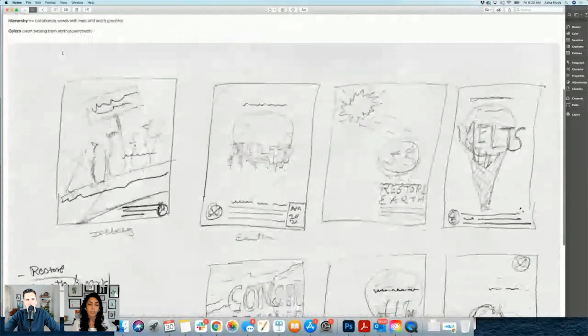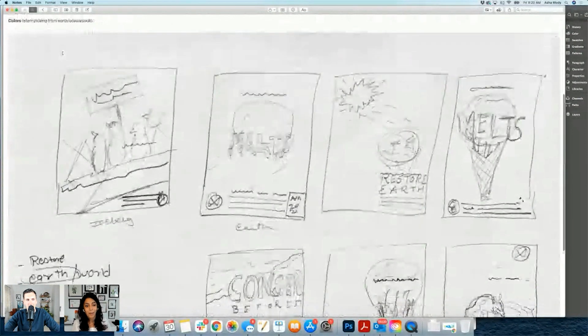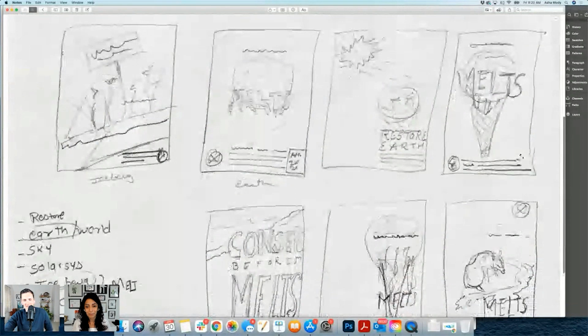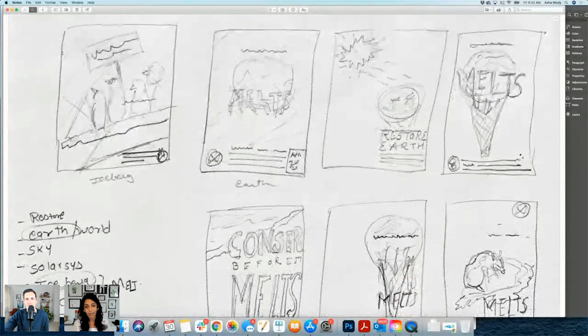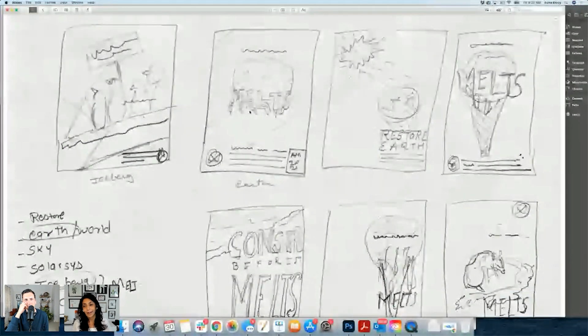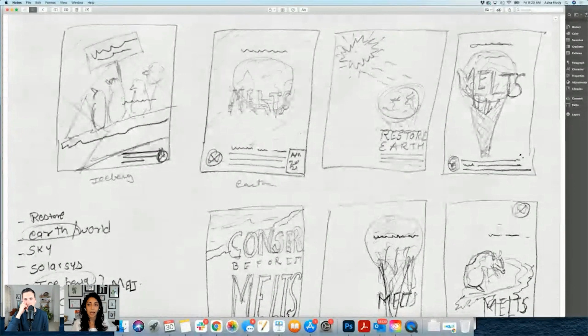I'm very bad at drawing, so don't judge me, but I just jot down my rough ideas, like rough quick thumbnails. Like I'm showing here, penguins going on strike and saying the earth is melting. Here I'm showing, okay, let me make a typeface that's like melting from the earth. But then I thought it's so cliche to show melts with a melting type. So I'm moving on. I'm like, the sun is really hot, and it's melting the earth. And then I thought, maybe how about an ice cream cone?